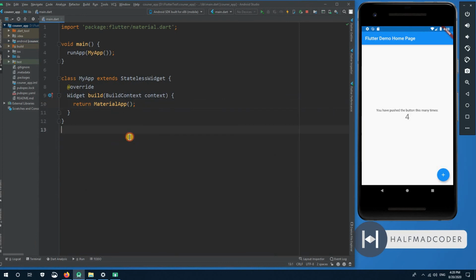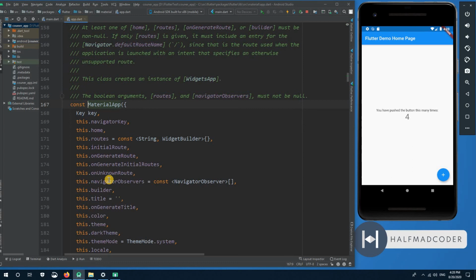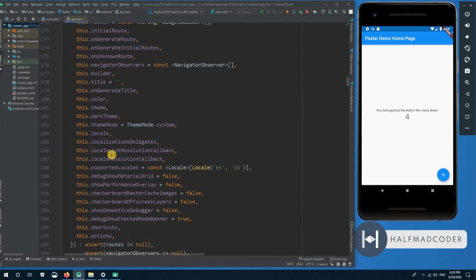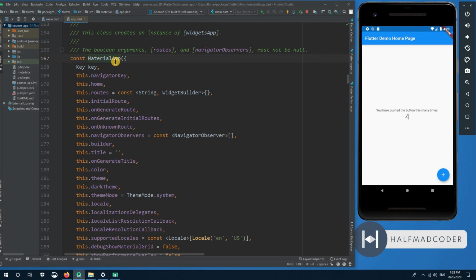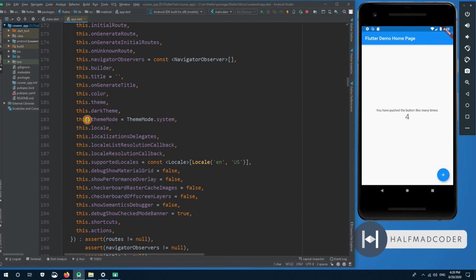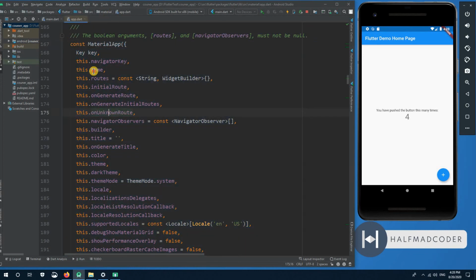Okay, why did I just teach you those things right now? Because if I press Control and click, then you can see this material app's constructor is full of these curly braces, full of named parameters. You can pass home, you can pass routes and all. Okay, so don't worry about this keyword. I will tell you about this keyword in the next video. Okay,